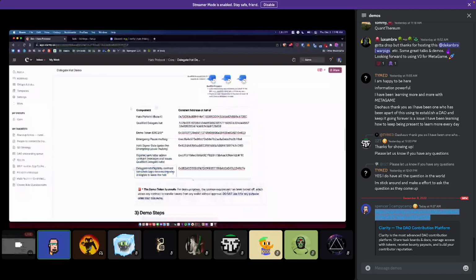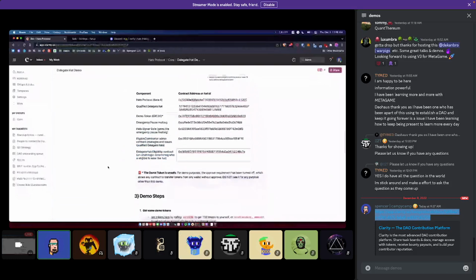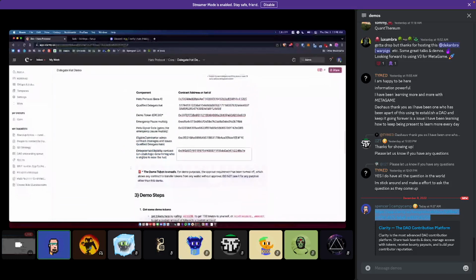So we're going to use all of these in the demo today. But please don't use them for anything other than the demo. The demo token, I basically broke the approval mechanism to make this demo smoother, so we don't have to go through some dumb steps. But it's totally unsafe, so please don't use it for anything else.